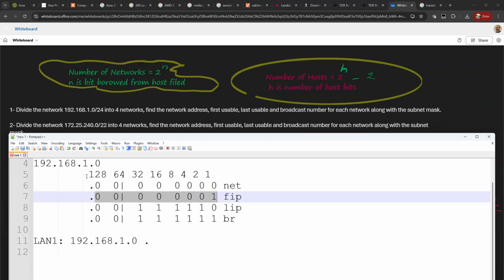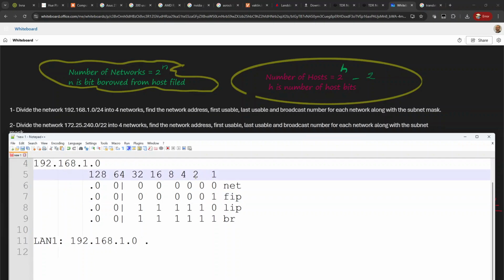So there is no 128, no 64, so there is only the 1 right here. I'm going to make it in line with it, something like that. Let's move back. Yeah, exactly. So it's .1, and then the last host, as you can see here: 32 plus 16 plus 8 plus 4 plus 2 will give me the number